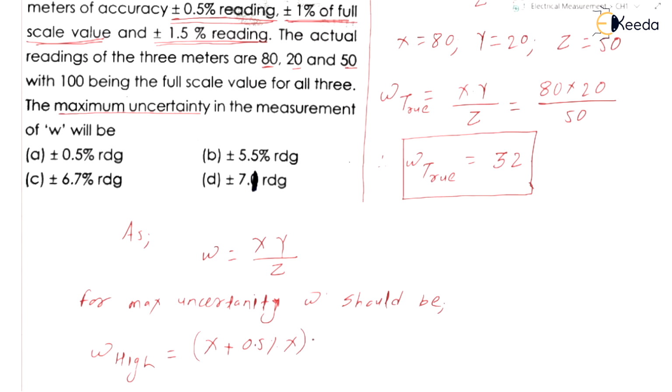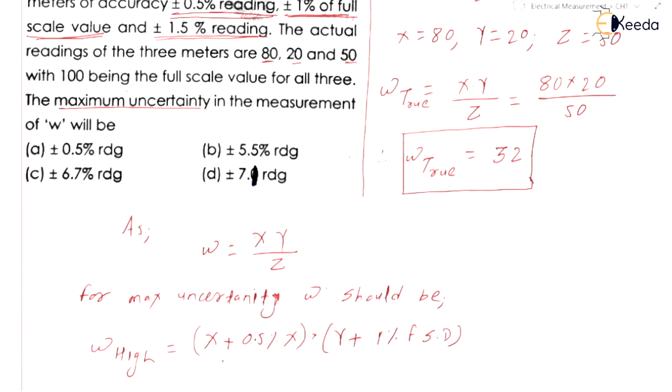Into y should be plus minus 1% of full scale value, right? So it is y, that is the actual value, plus. I am writing a plus here and here, because we are interested in getting the highest possible value of the numerator variables. So here y plus 1% of full scale value, which they have given, or full scale deflection, I am writing, divided by